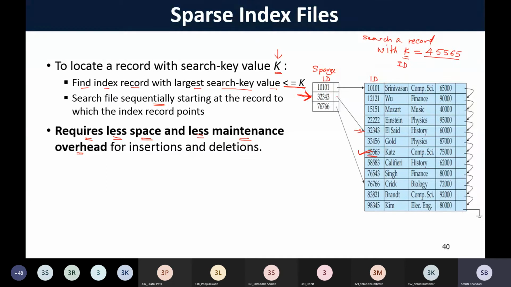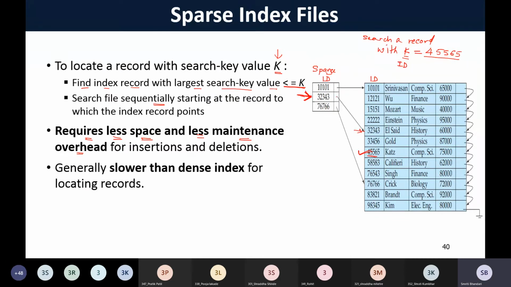Whereas if we are having the dense index, for every insertion and deletion, we need to update the dense index records. Right? I hope you must have understood this concept. So,